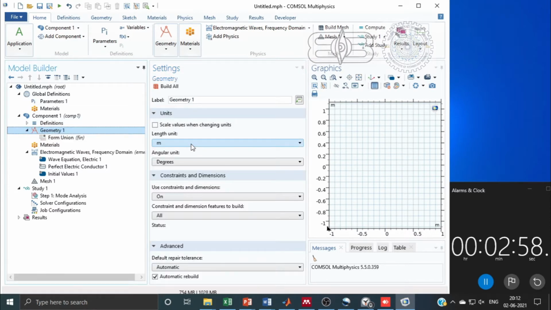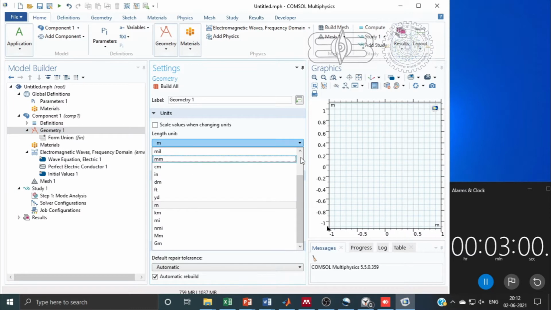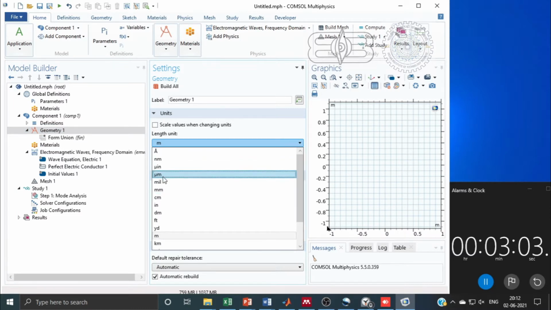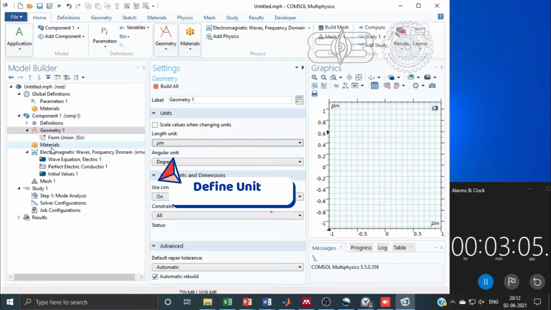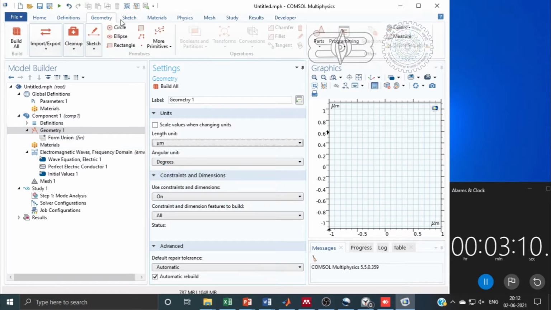And now we will input the geometry. The very important step is that we have to take its length unit as micrometer, because in our geometry we have taken its unit as micrometer.